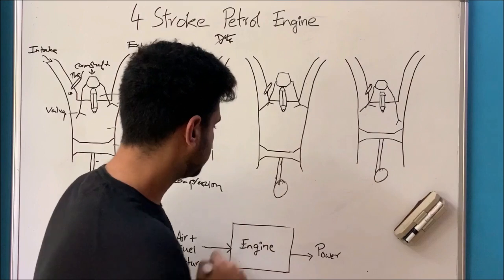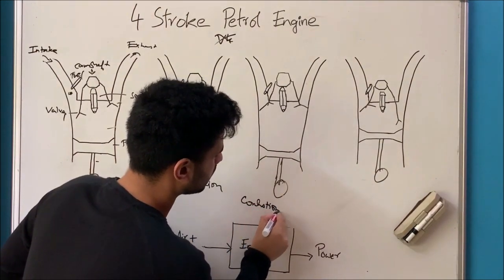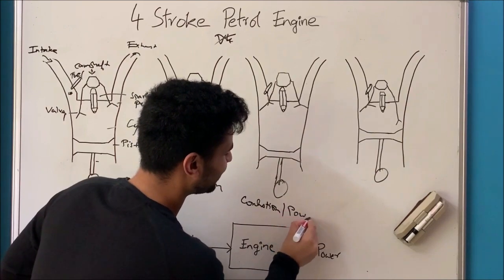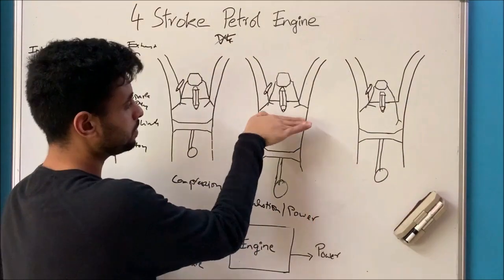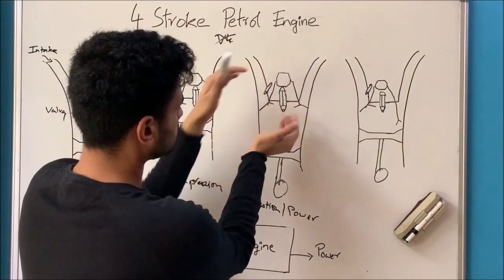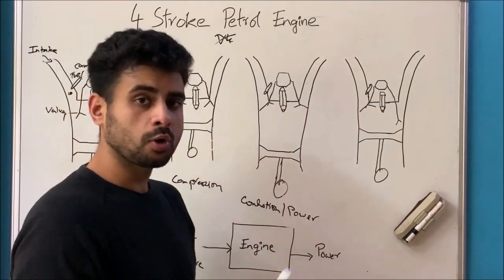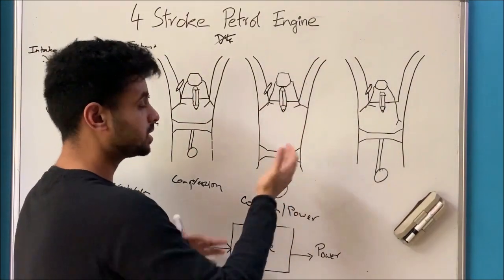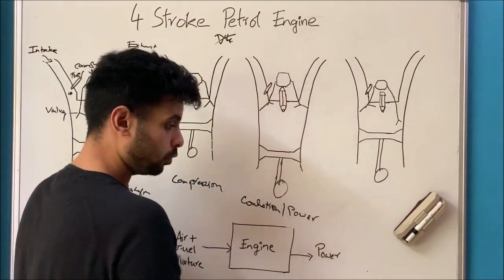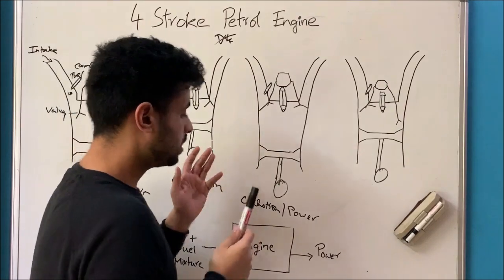Third stroke is the combustion. It's really hard to write sideways. Also known as the power stroke, arguably the most important stroke. Piston's up here, valves are closed, the air-fuel mixture is compressed and trapped up here. At this point, we will ignite it with the use of the spark plug, which creates an explosion and forces the piston back down again. So that is the combustion stroke.